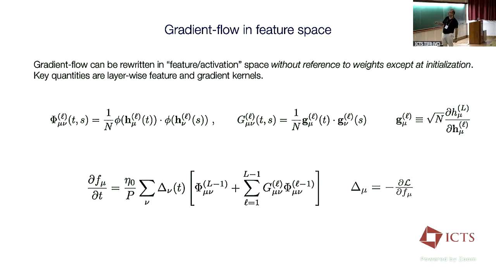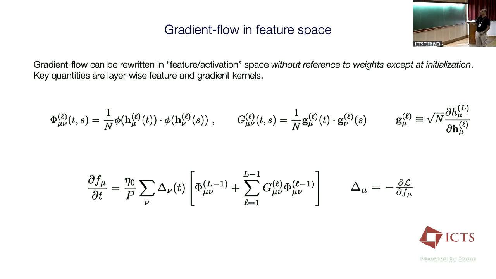There's another term here. This is the loss derivative with respect to the network's output. Suppose with a square loss, this will be basically like y minus f or something. So you just need to know f itself as well. By the way, this is exactly the neural tangent kernel also. So this is an alternative way of writing the neural tangent kernel, if you know this. f is the neural network's output. f mu.